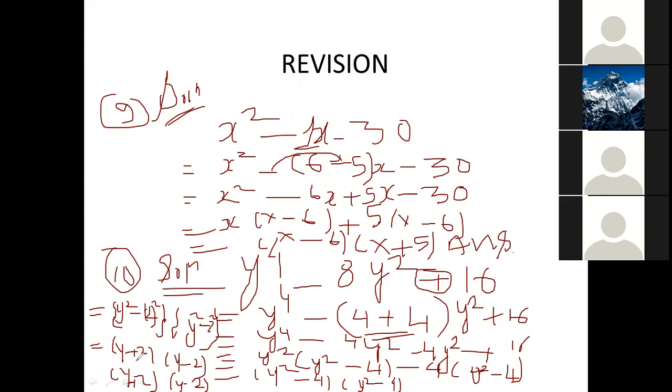Sir, but I have got only 2 factors when I did it using the formula. By using the formula also there will come 4 factors. Okay, children? Sir, at third step there will be y square minus 4. Yes, look at the third step here. No, sir, by using formula, third step y square minus 4. Both methods' answers will come the same. Do you have any confusion in this solution?